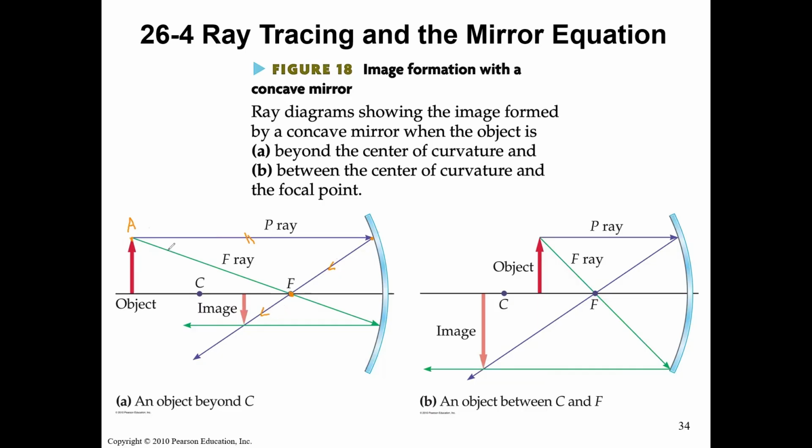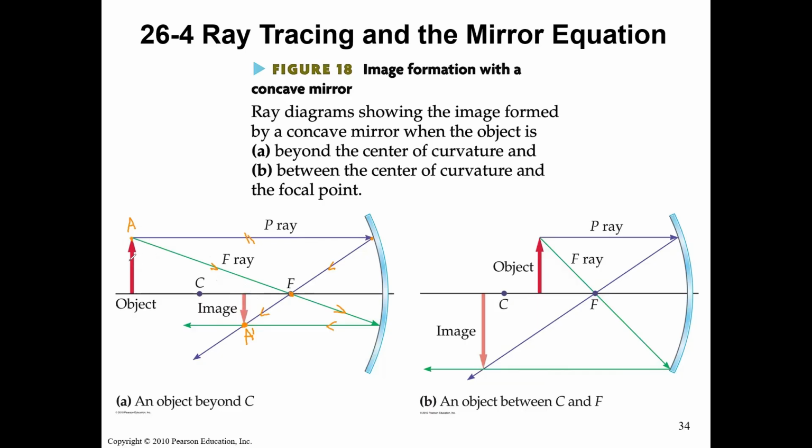And then we draw an F ray from the point A. We connect point A and the point F. That is the F ray. The F ray will hit the mirror, and then because it goes through the focus, it should hit the mirror and get reflected as a parallel light. Okay. Now, if we look at the green line and the blue reflected ray, they will cross at one point, and this point tells us where the image is. We can see that this image point is actually below